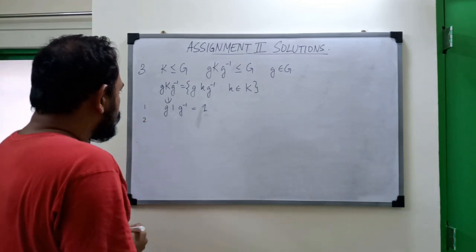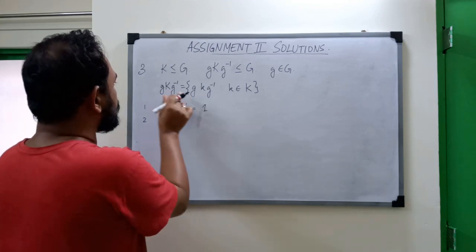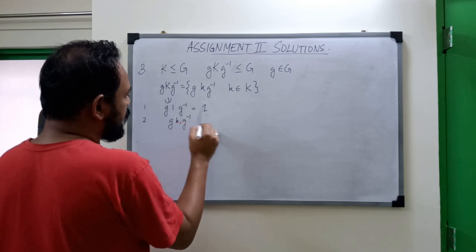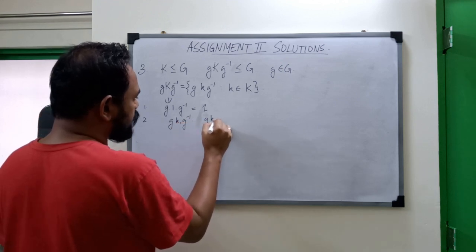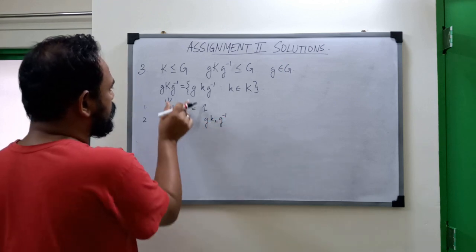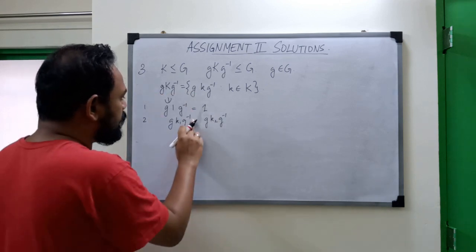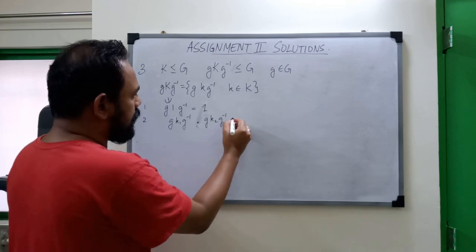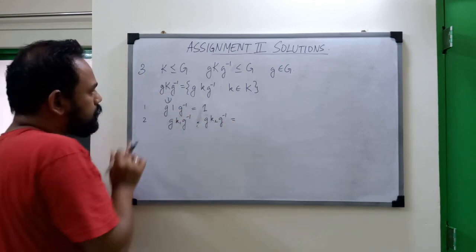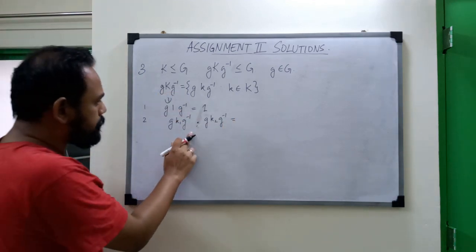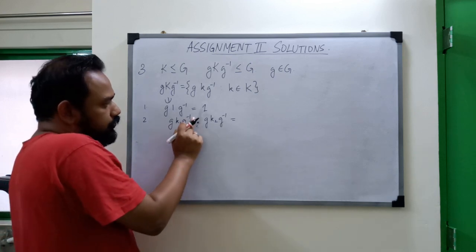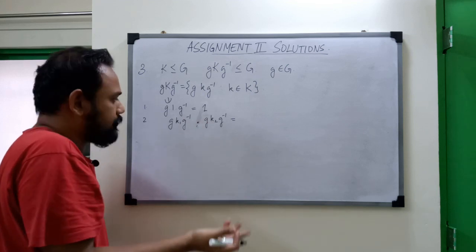What about closure? Can I take two elements from the conjugate? They will look like g k1 g inverse and g k2 g inverse. Two elements from the conjugate would look like this. If I product them, will that belong to the conjugate? That's the question. Well, if I product them, I can first operate by our rule of associativity,